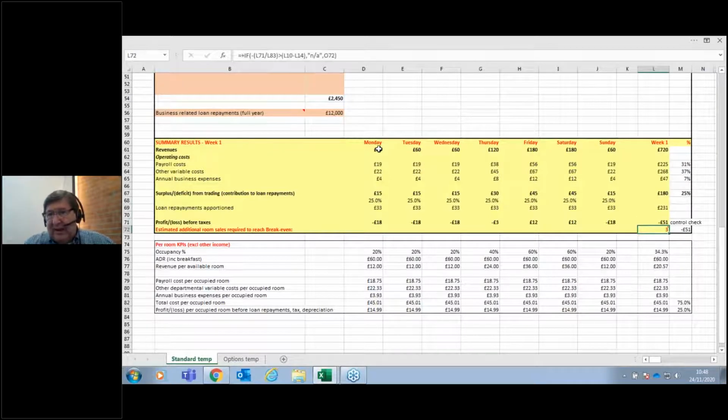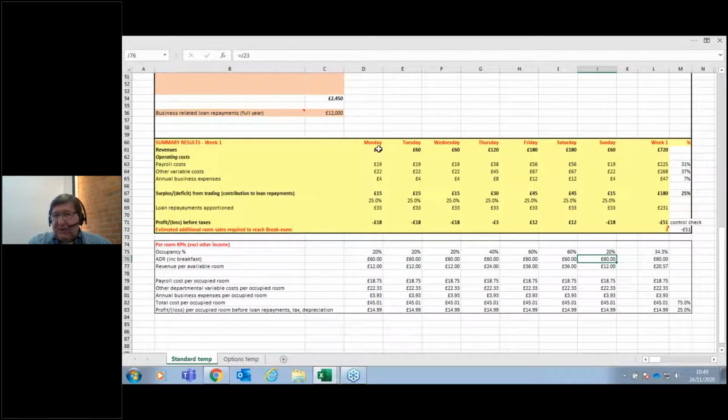And what the model then does is, if you're showing a negative, it says, well, look, if you sold another 3 rooms, you will get to break-even position. So if you're looking into the future and you're looking at the next couple of weeks, I think if I can only sell another 3 rooms, I can turn that negative into a positive or a break-even, then that's worth doing. And again, for the limited amount of information you put in, a little bit of additional data down here: